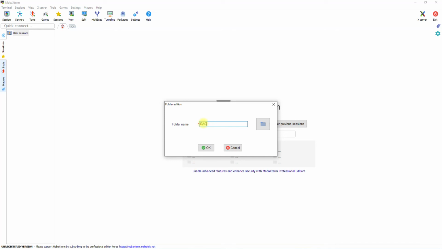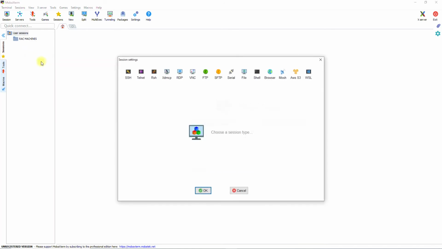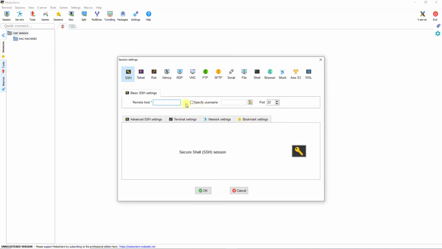I'll just say RAC machines. Now I'll right click and create a new session. Go to SSH. You want to do an SSH session. You need the public IP address. You don't need the private IP address. For that you need to do